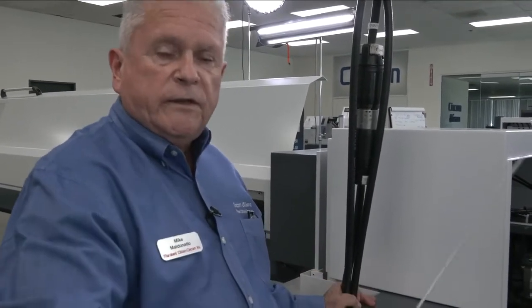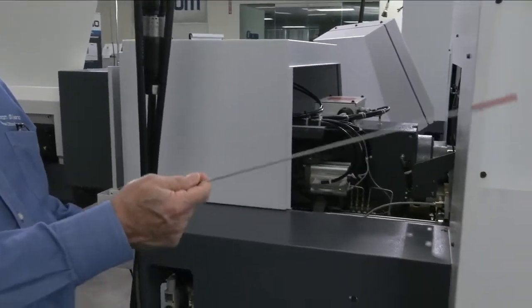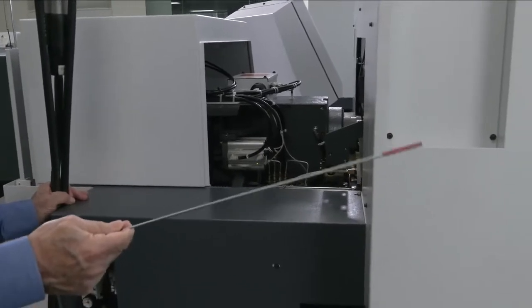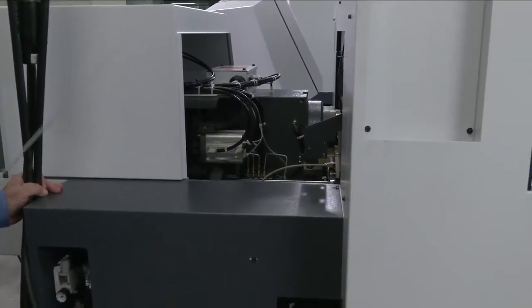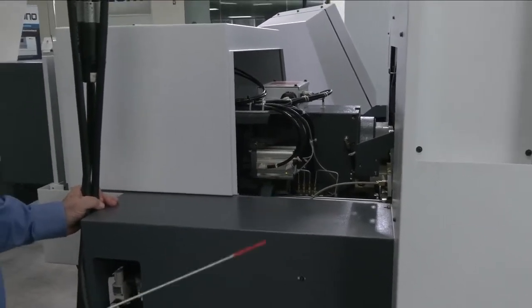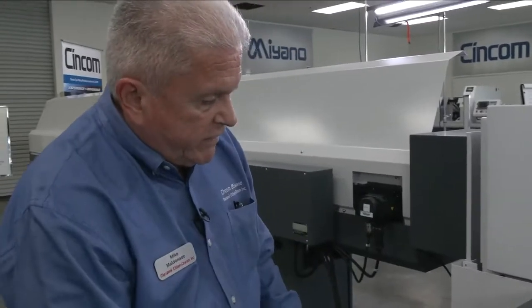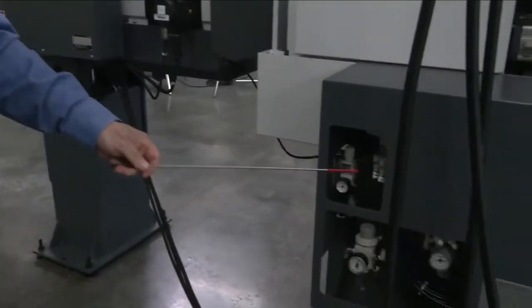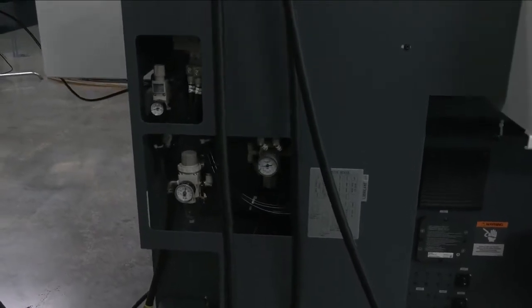The single stroke of the headstock is roughly 12 inches, and the diametrical capacity is 1.25 inches, and there is a 38 millimeter conversion kit, which enables you to get up to about 1.49 inches diametrically. This is the pneumatic logic panel, which controls a lot of the functions of the machine. And then back here,